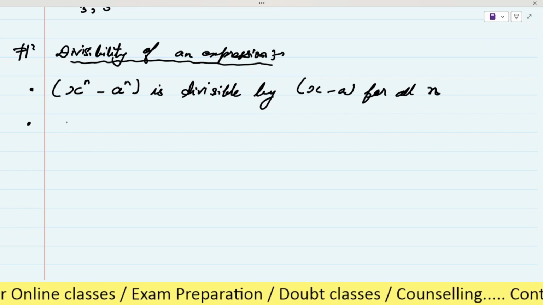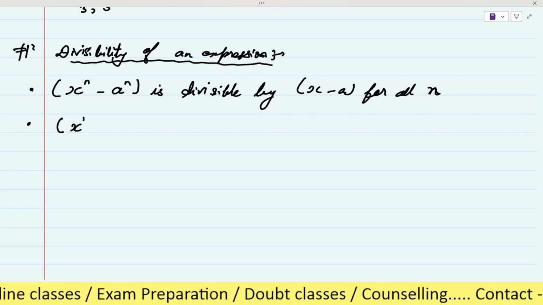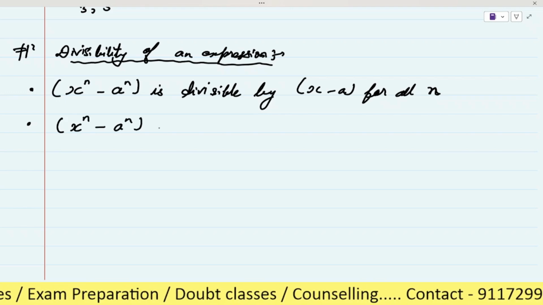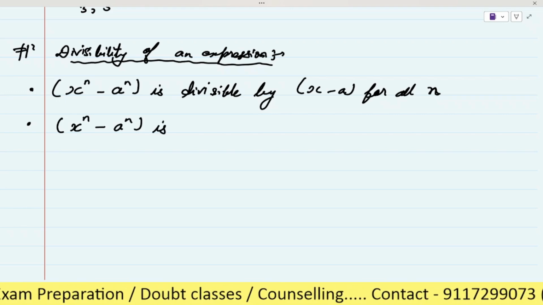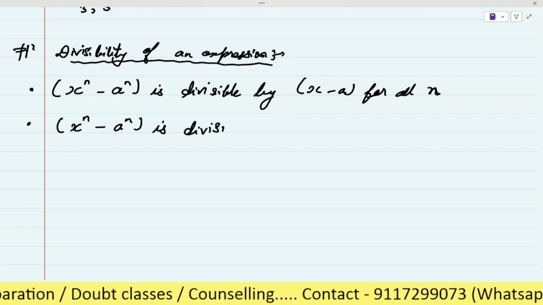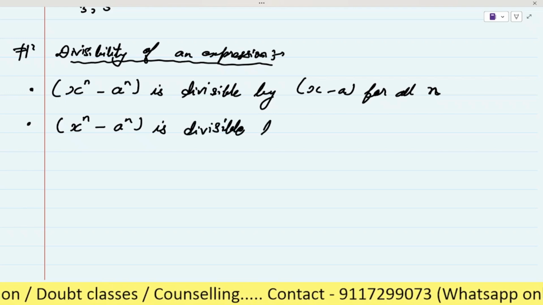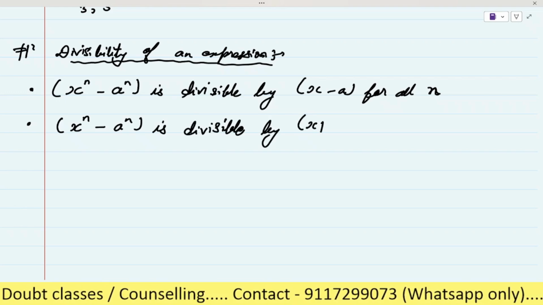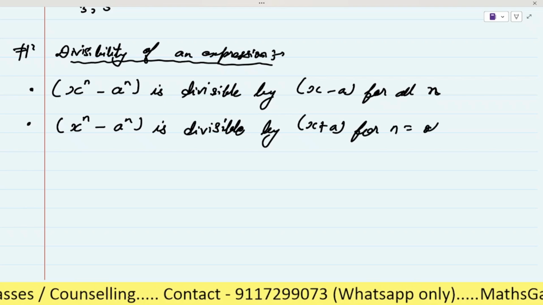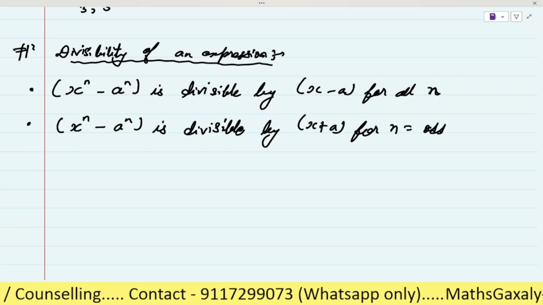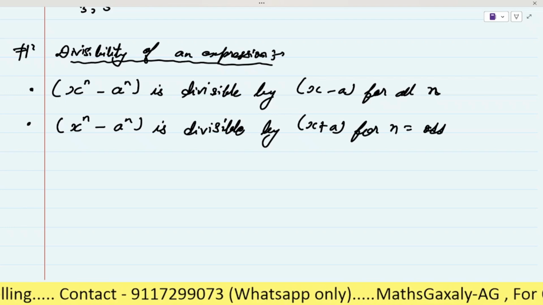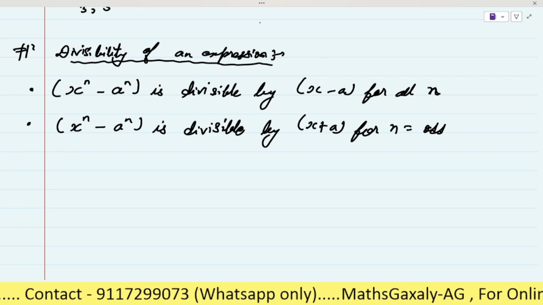Now the second point is if it will be x to the power n minus a to the power n, it will be divisible by x plus a for n equal to even only. If n will be even, not odd.